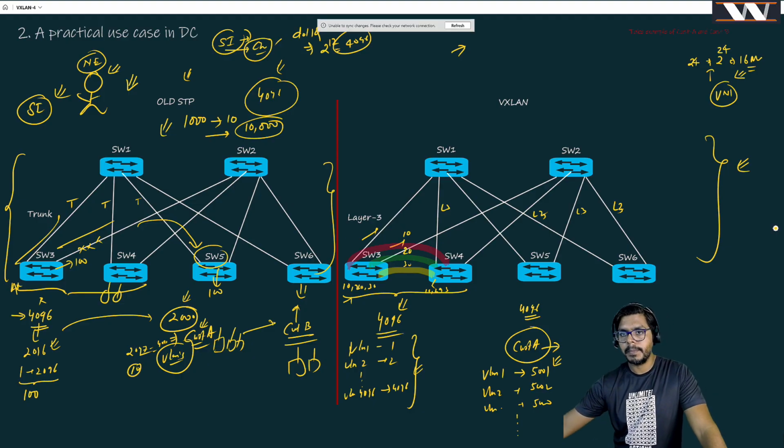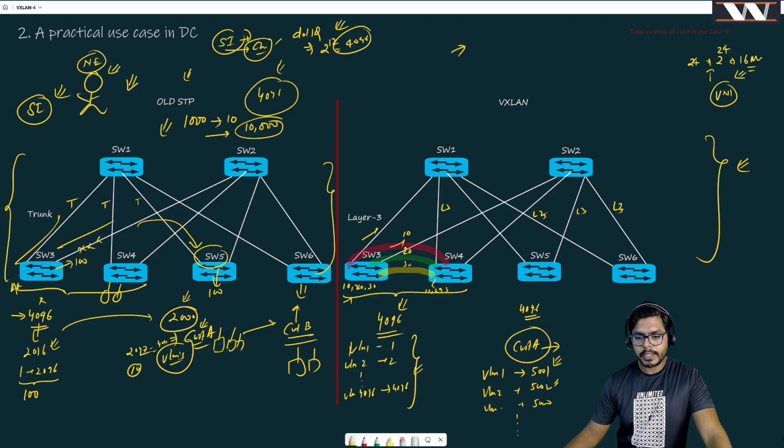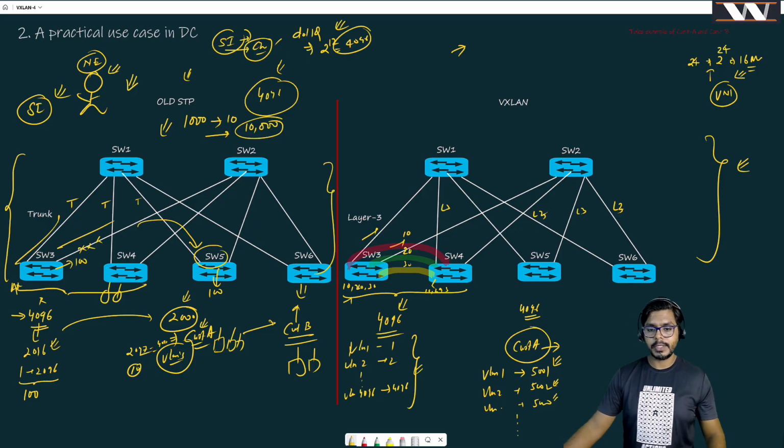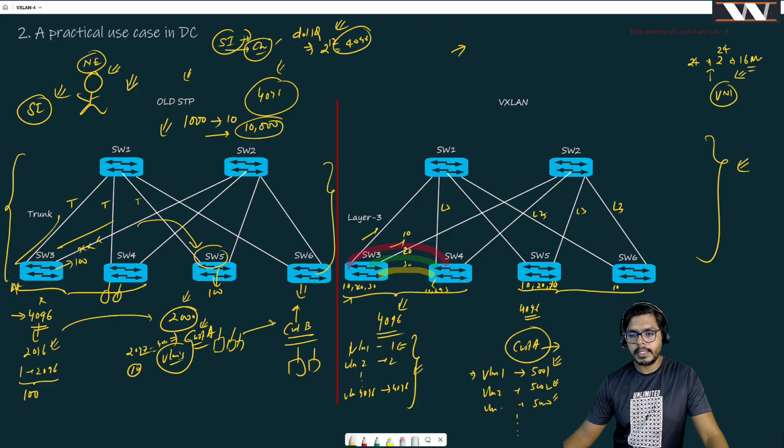Just wait a minute, guys. So you can see right here that we do not have a shortage of these numbers. These are 14 million, right? And now here is the question. How is this VLAN 1 different from this VLAN 1? These are absolutely different. Suppose the customer is using these two switches. He is creating VLAN 10 here, VLAN 20 here, VLAN 30 here, and again VLAN 10, 20